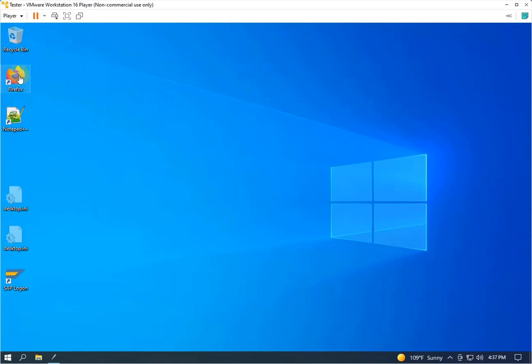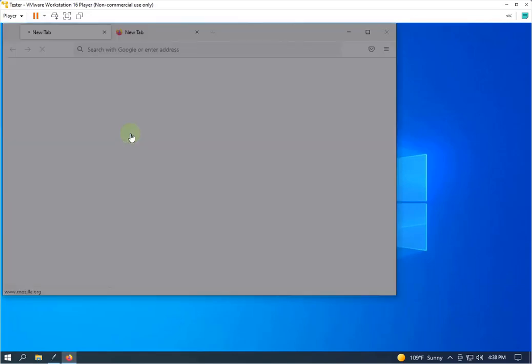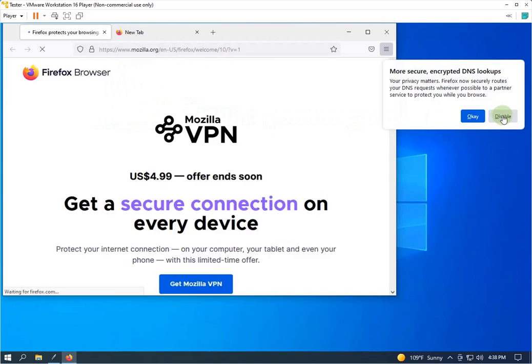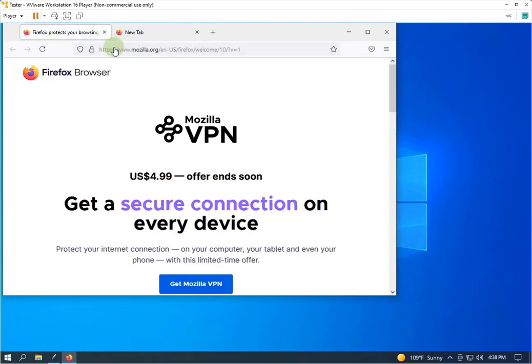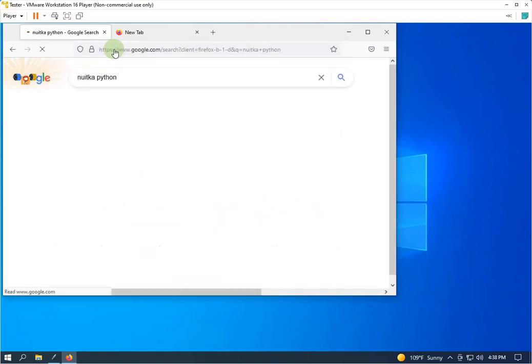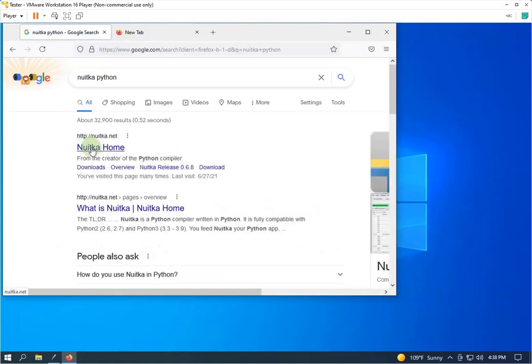I'm going to open up the Nuitka site. Maybe I am, I just double clicked it. Here it comes. More secure, fine, I'll deal with that later. I'm going to type in Nuitka, Python. I heard him say Nuitka is the way to pronounce that on a video, so I'm assuming I'm pronouncing